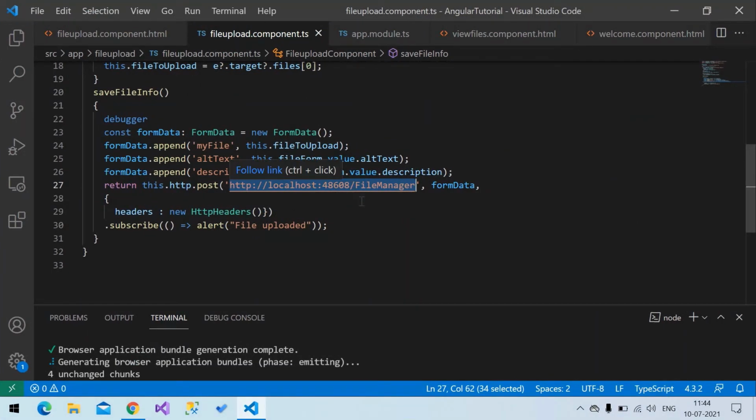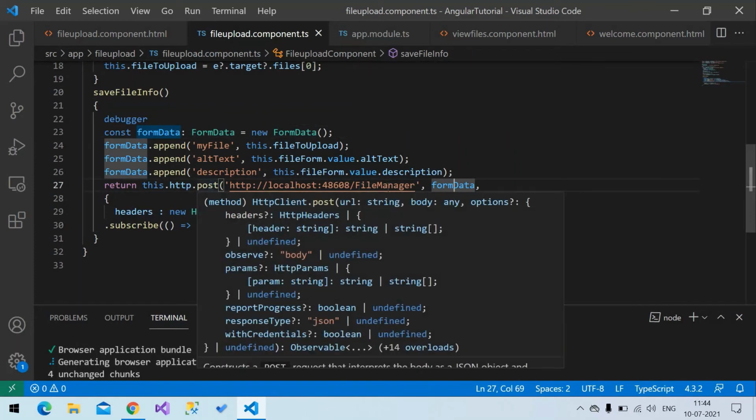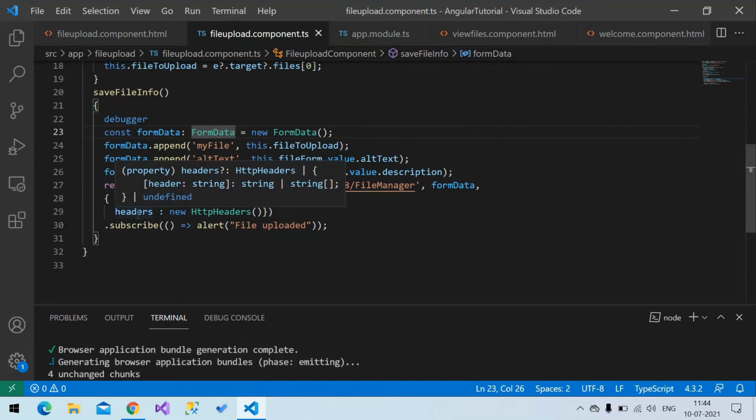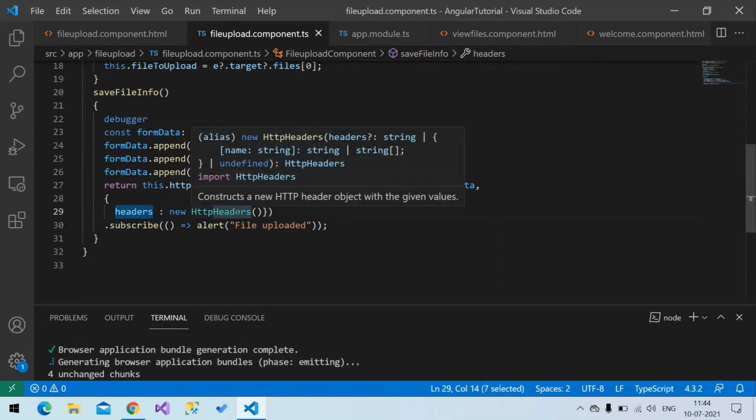So I'm calling this particular post method with the form data as a payload. We are simply calling the post method to the Web API along with the form data, so that this data will get submitted. Here I am sending empty headers.